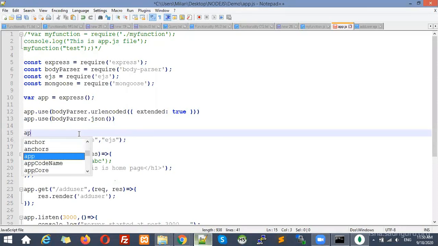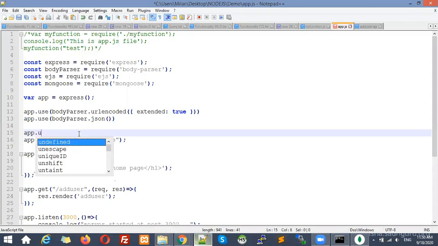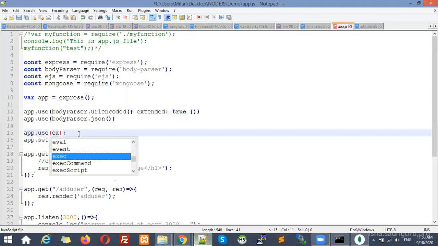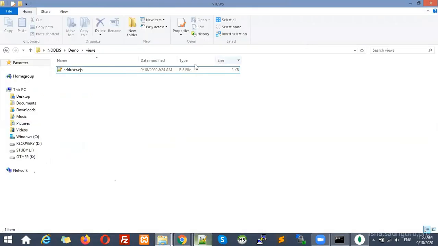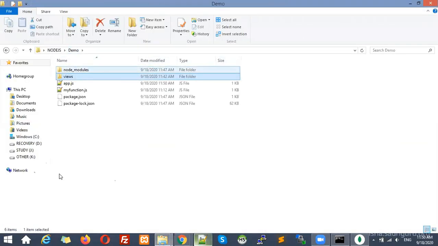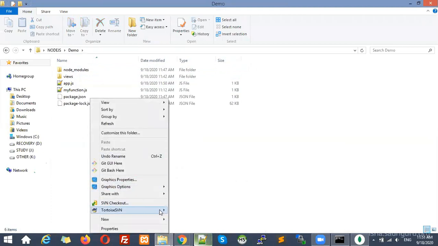For that, we have to set one parameter, for example app.use, and we have to mention express.static, and the static path, that is the public folder. Any folder name you can give here, whatever name you give, that folder should be inside your current directory. So in our main project, you need to create that directory.